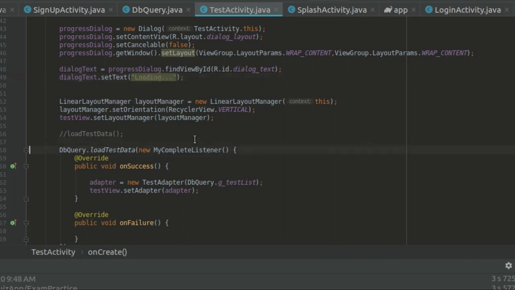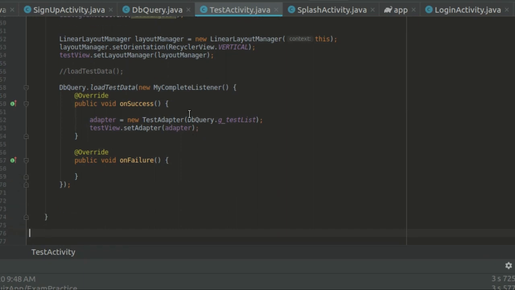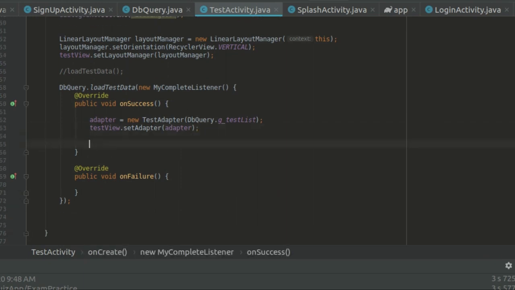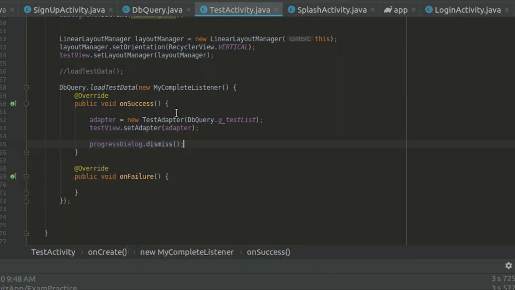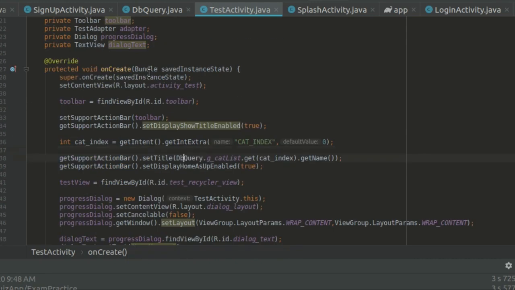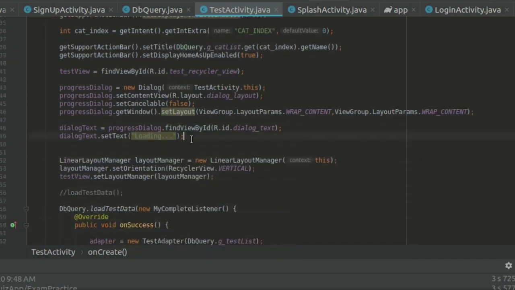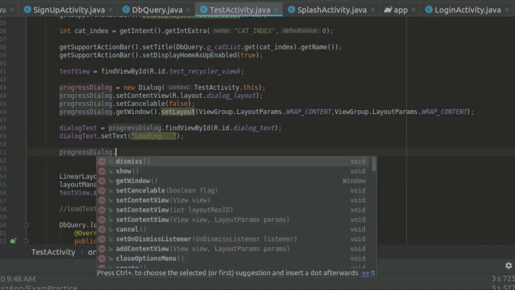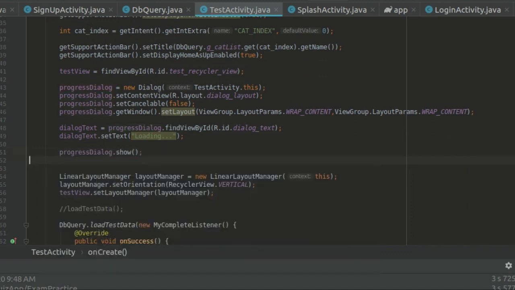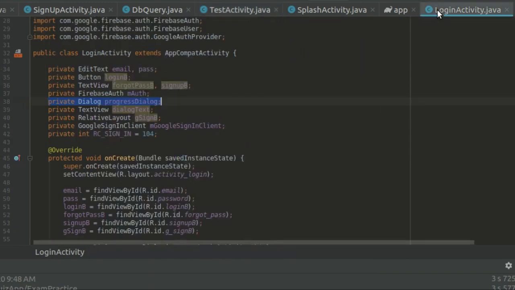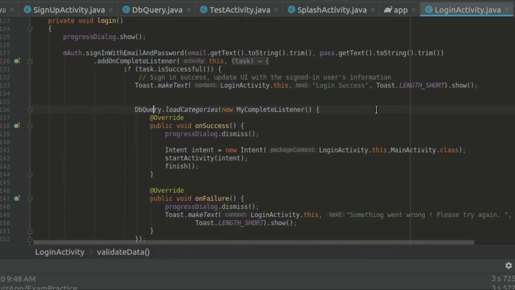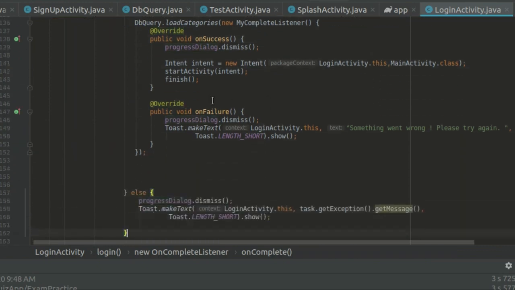Then in on success we will dismiss this dialog here, progress dialog dot dismiss. First we need to show this dialog, so here after this we will show this dialog, progress dialog dot show. And then here we will dismiss, and then in failure, go to the login activity. Here we should have something went wrong message. Yeah, here copy this